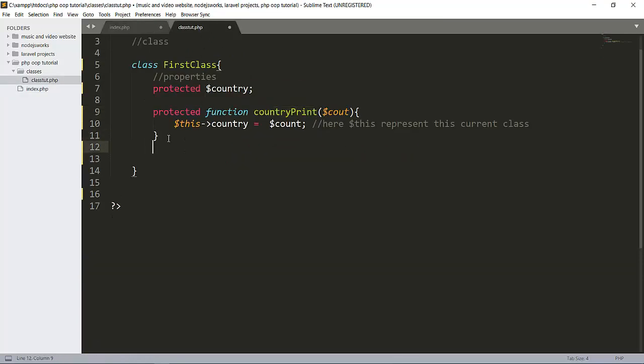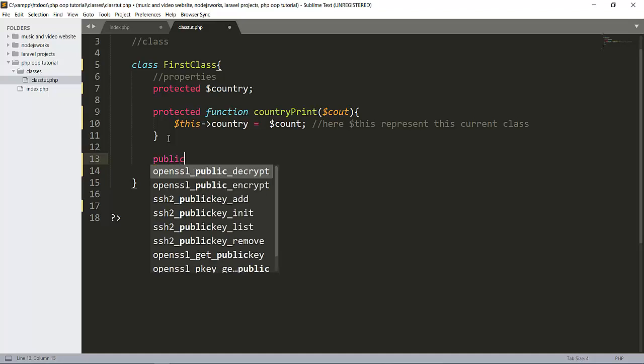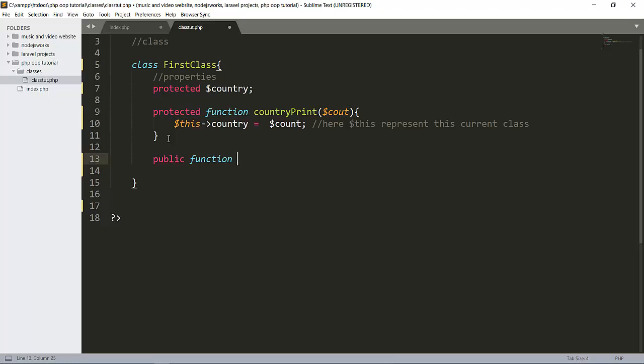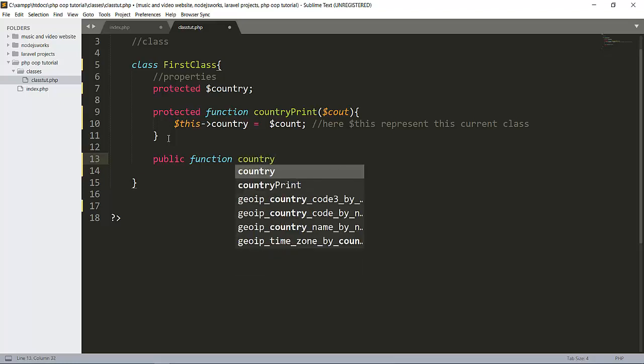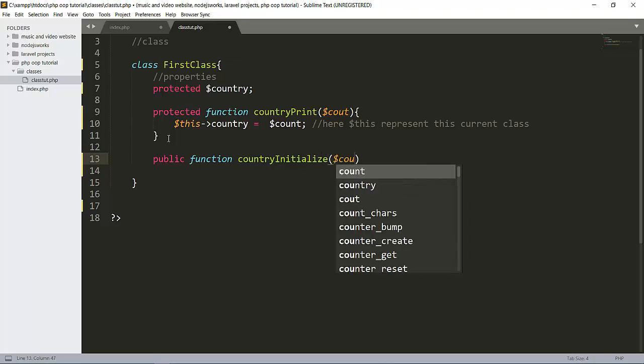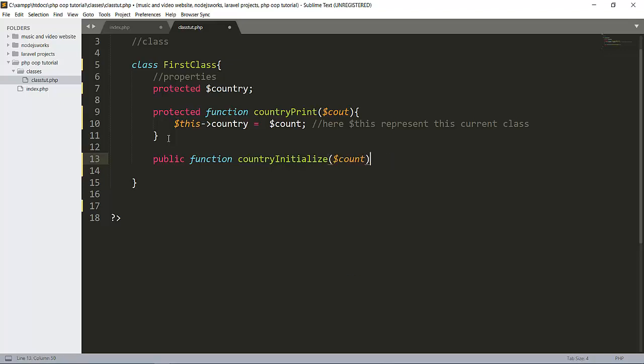So let's create one more function, public, and that public function will be country initialize, and it will take $count also. After that this will return this function here. Copy this, $this, $this represents this class.